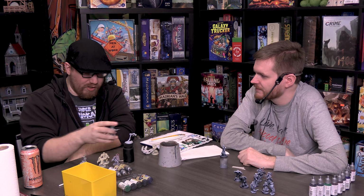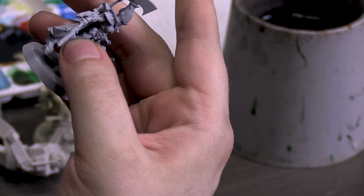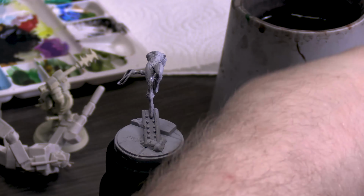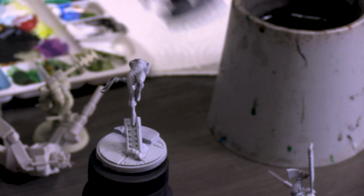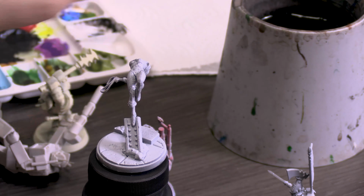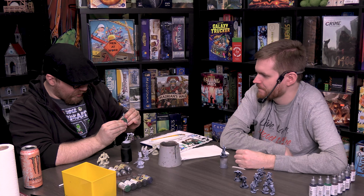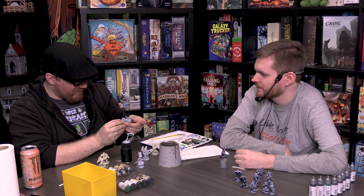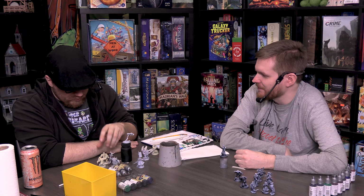All right, so I have the new Aeldari Autarch figure from the latest Eldritch Omens box. Flat primed white or with gray. I have the Black Cat from Marvel Crisis Protocol, who is in dire need of some repair. Also primed flat gray. An Orc Commando boss, Orc Commando Knob from the Kill Team set. And Head Kraka from Underworlds. Mostly primed. The spray's a little light in some places, but we'll find out. That is the one problem with those sprays, is that they sometimes can be a little...